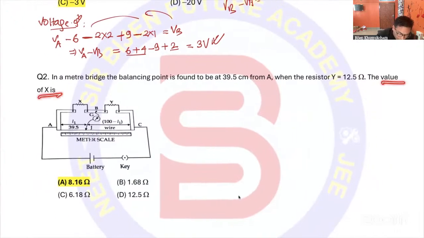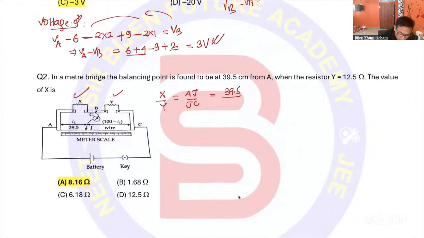We need to find the value of X. The meter bridge uses the principle of the balanced Wheatstone bridge, so at the balance point or the null point, the ratio of resistors X by Y should equal the ratio of the path lengths, which is AJ divided by JC. AJ is 39.5, then